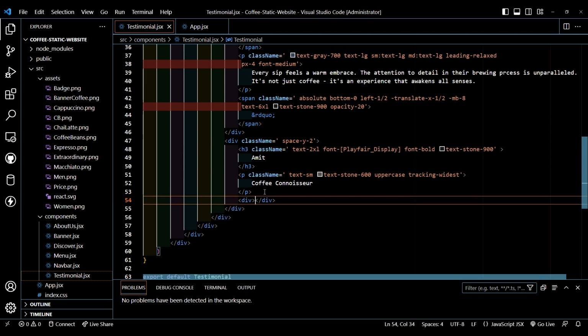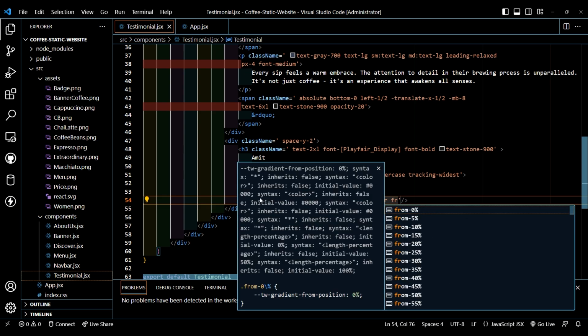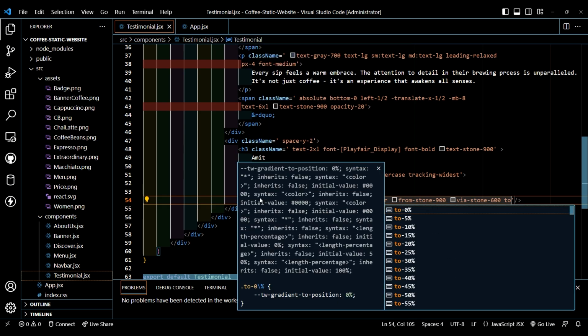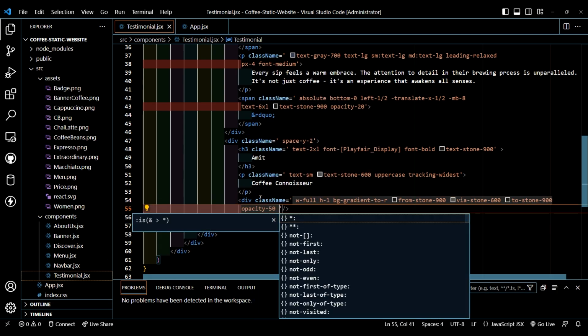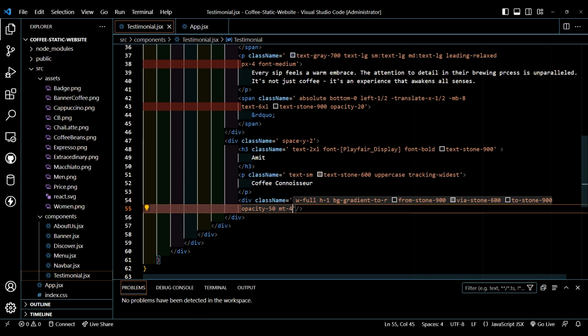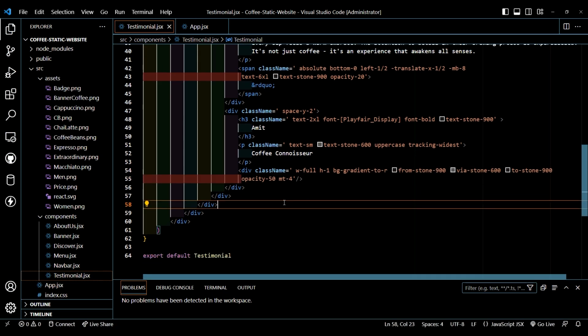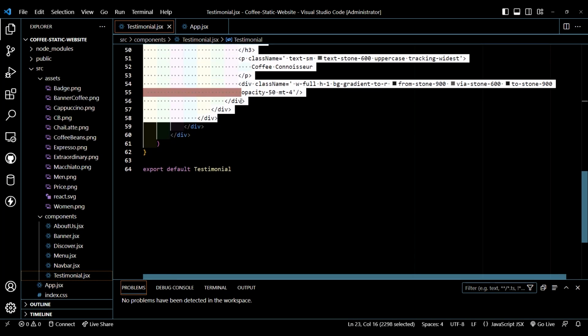Now create a div and let's close this div right here, and let's give class name: width will be full, height will be 1, bg gradient to r, from stone 900 via stone 600 to stone 900. Opacity will be 50, margin top will be 4. Now as you can see, the card is here. Now let's copy this and let's create the second card